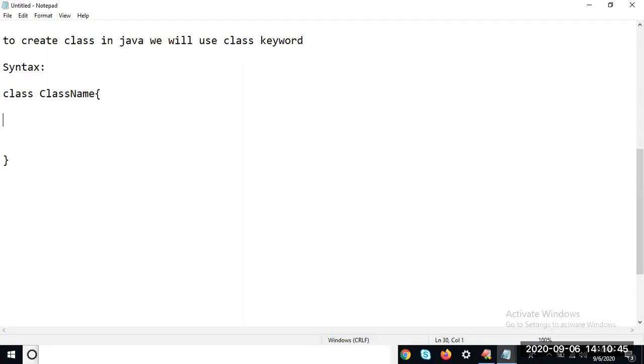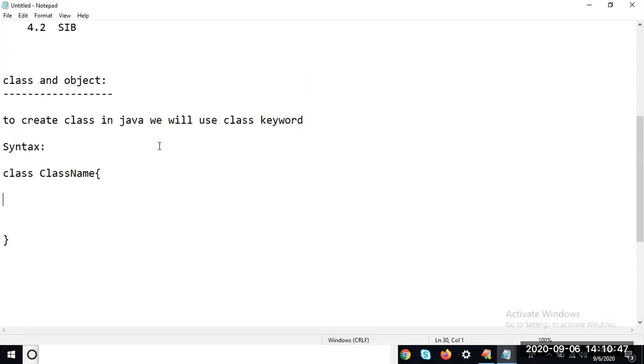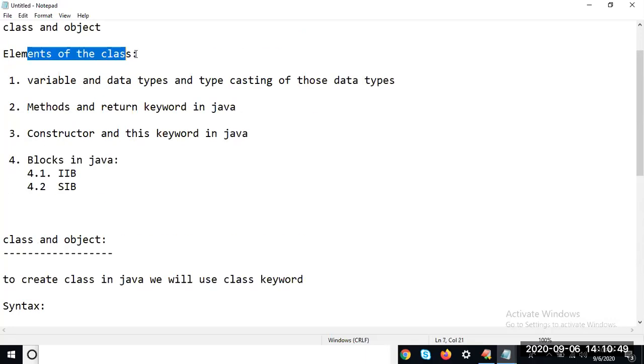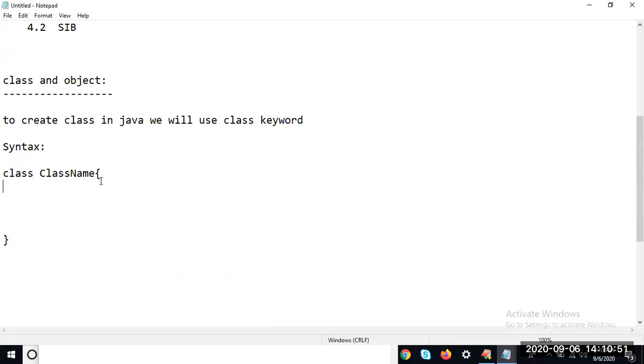Once you create a class, within this class area you can declare your members of the class, that is, elements of the class. This is the class area. Double slash means comment in Java. Within this class area, we will declare the members of the class.